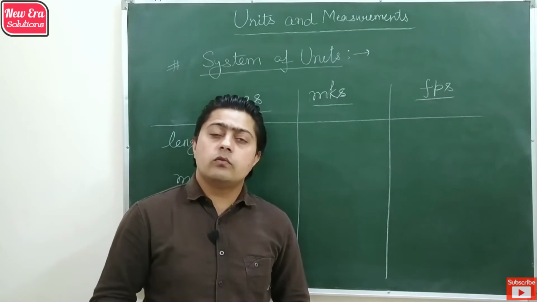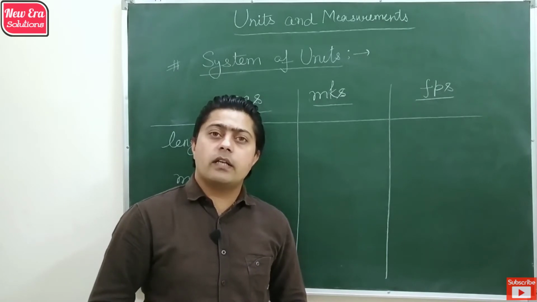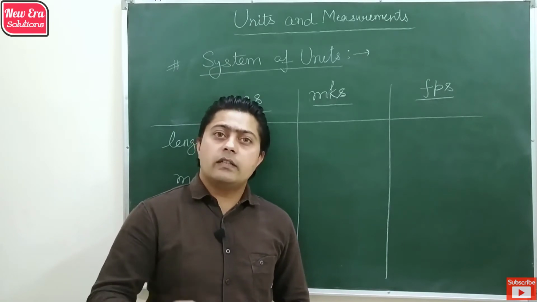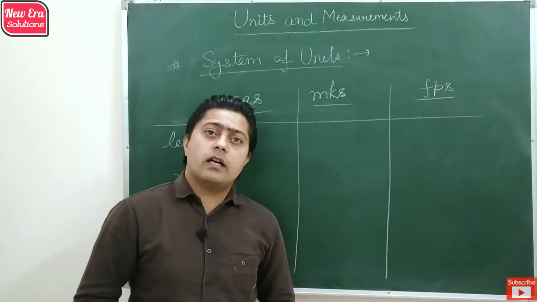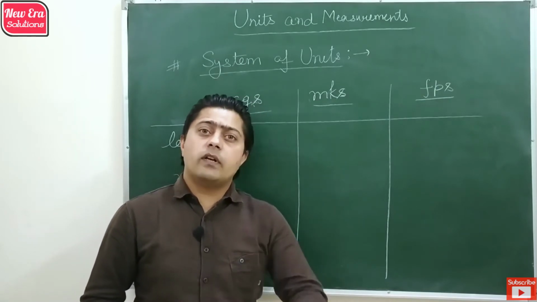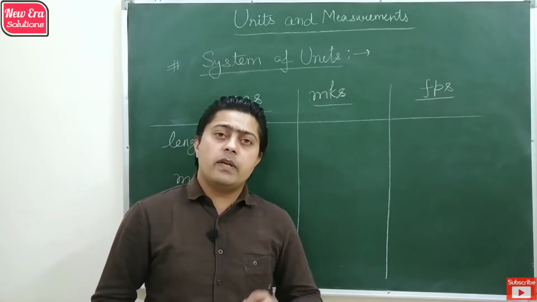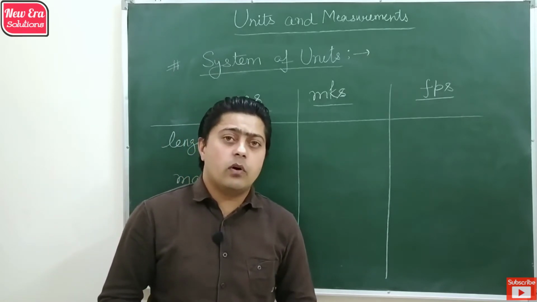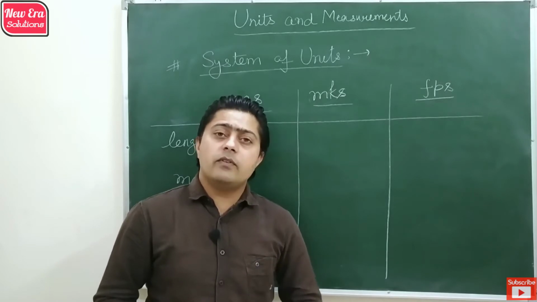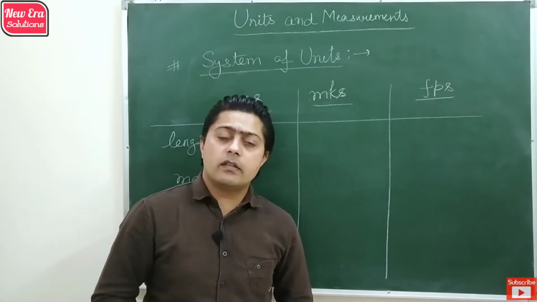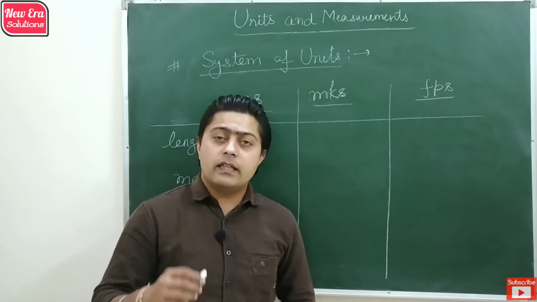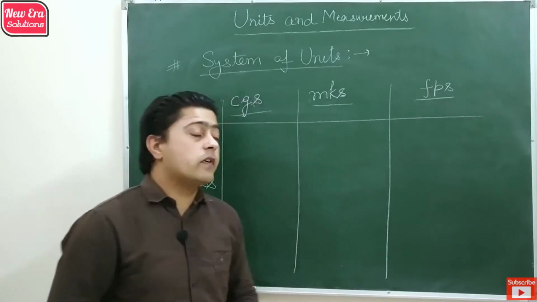As we know, to measure any physical quantity we require units, and those are fundamental and derived, and derived units are also obtained from fundamental units. Then if we make a certain group of fundamental units, we can express all physical quantities, whether they are fundamental or derived. Then it will form a system of units.